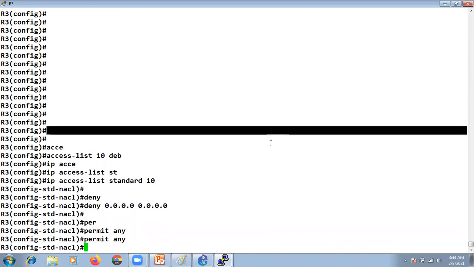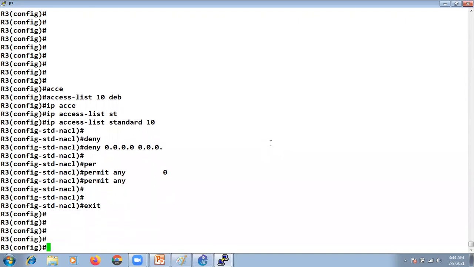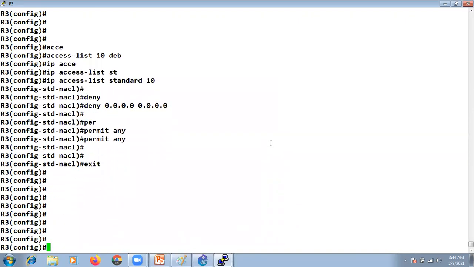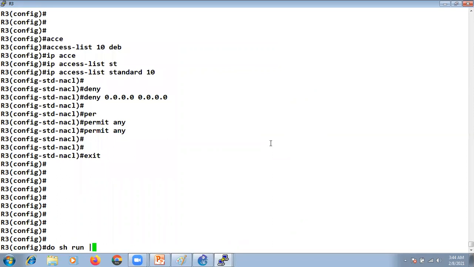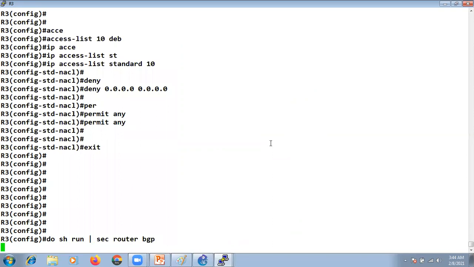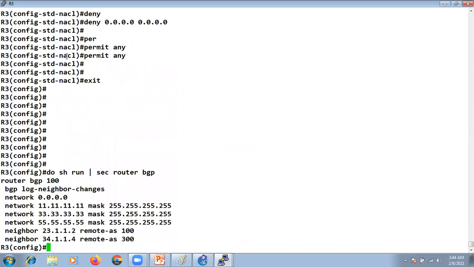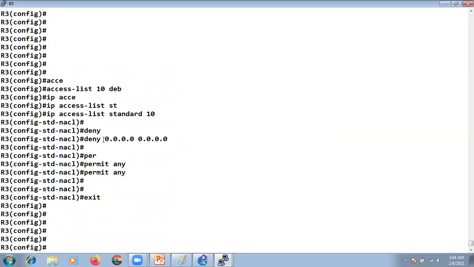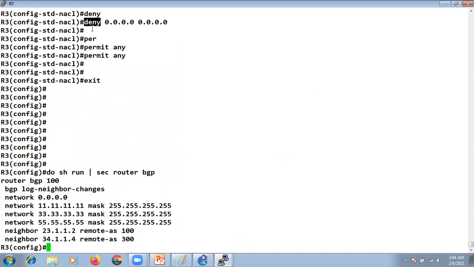Okay. Now what I will do is show run section router BGP. So what I have done is I have created one ACL. I match the default route, right? And what I have given is that we need to drop it, right? Deny.